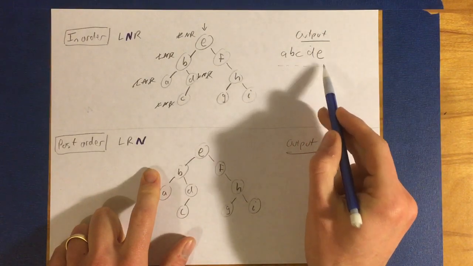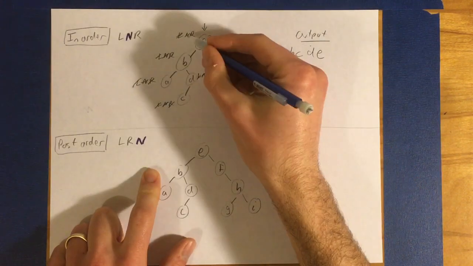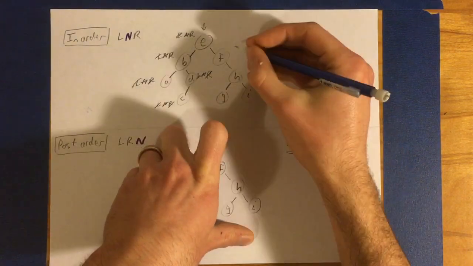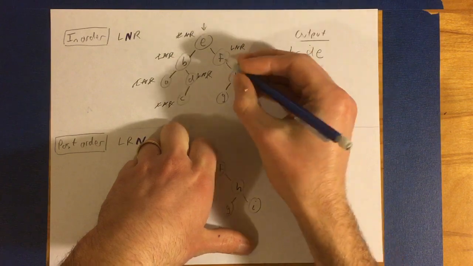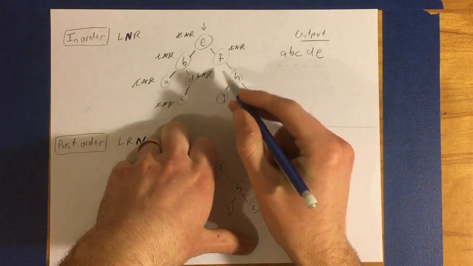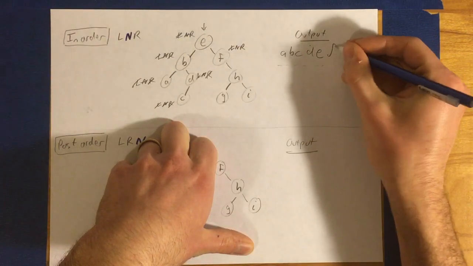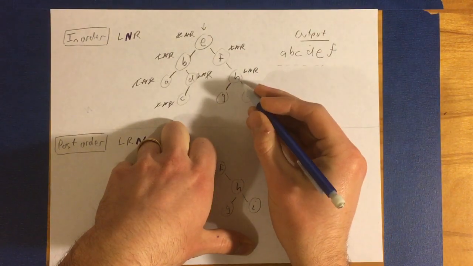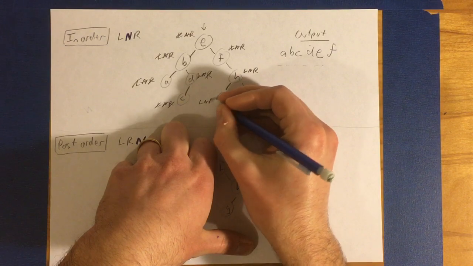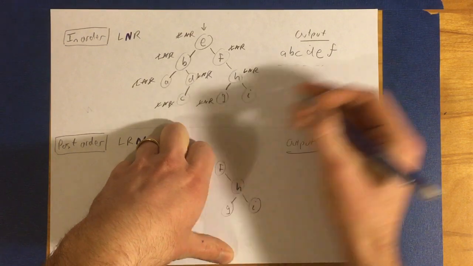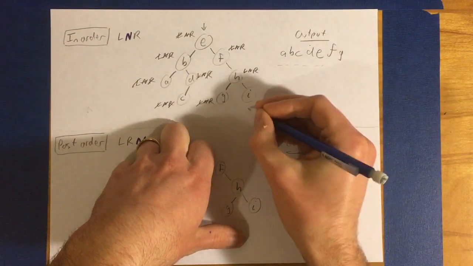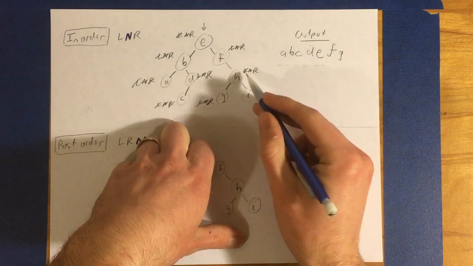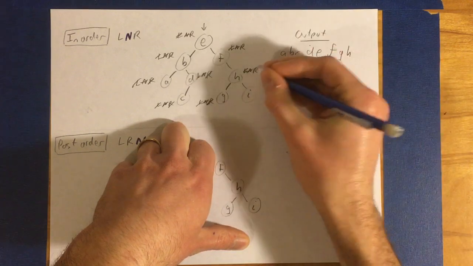Do you notice what's happening over here? I bet you do. So now E gets to go to the right, right? And so we go to F, which goes left first, although it can't, so nothing happens. Then it prints itself, and then it goes to the right. H goes left first. G can't go left, so it prints itself, and then it goes right, which it can't do either, so it's done and it returns. Now H prints itself, and then it goes to the right,